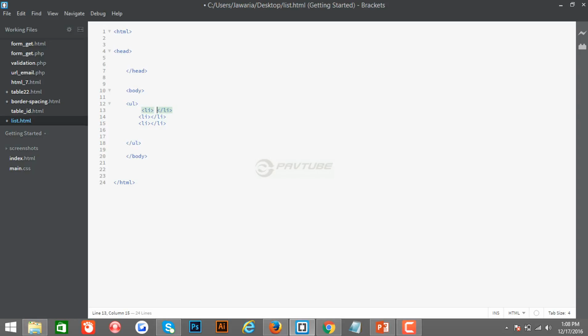Here we are having the elements such as pen. First element is pen, second element is pencils, third element is books, right? Now Control S,